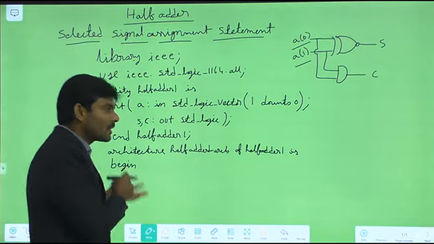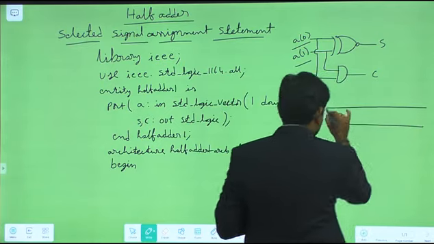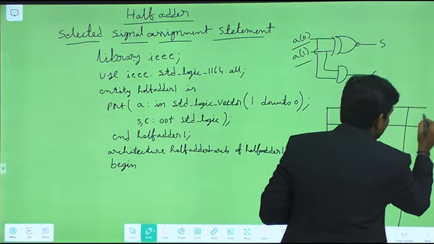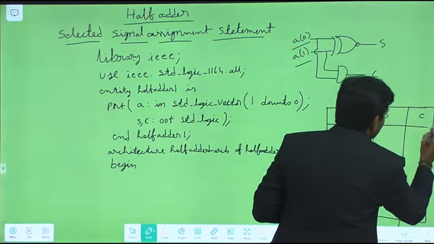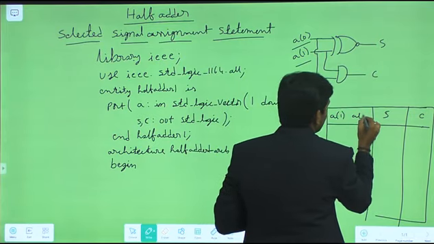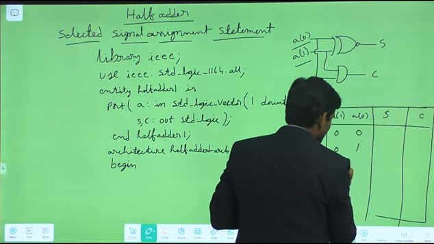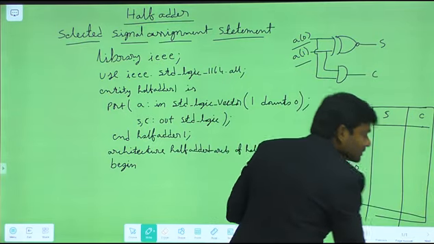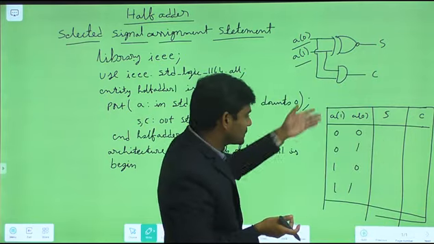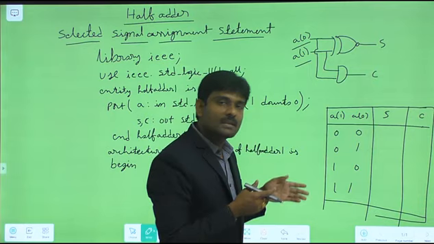Before writing that, knowing the truth table makes it easy for you. So here I am describing the truth table for that particular one. A of 1 and A of 0, sum and carry: 0, 0, 0, 1, 1, 0, 1, 1. These are all the 4 input combinations. While coming to the sum, the XOR operation is nothing but, if the input consists of an odd number of ones, then the output becomes 1.